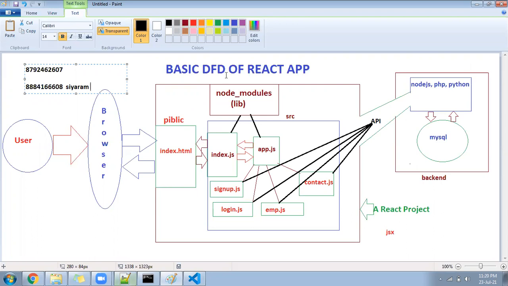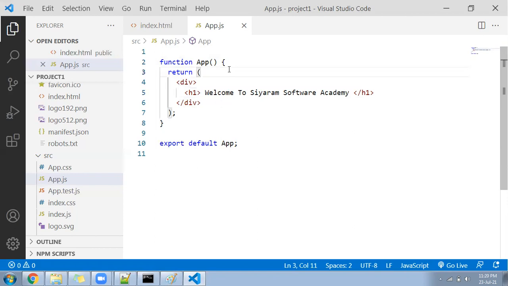Look at here. In the app.js file, whichever content we have written or modified, we wrote welcome to CRM Software Academy. Now from here we are saying export default app. I will discuss on that, why it is written export default app. Okay, export default. Understand, normally, nothing to leave for the future. We have a function called app, right? And we have written here export.